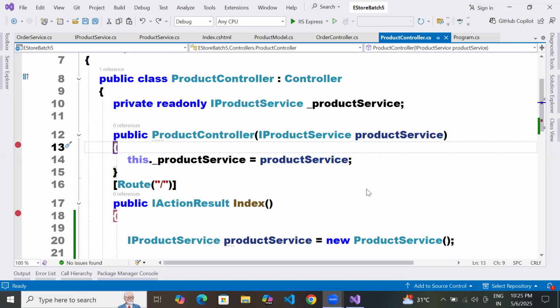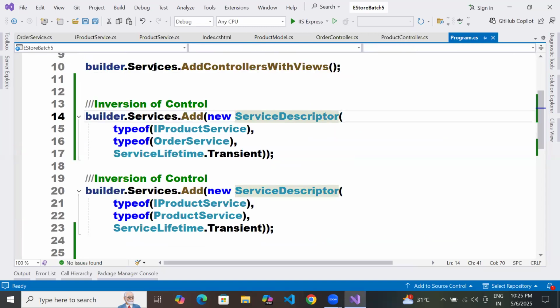Sir, I have one doubt. In the product controller, we are passing the IProductService as a parameter to the constructor, right? Suppose we can create the object of that controller. A controller is a class basically. Suppose we create the object for the product controller class, at that time we need to pass a parameter, IProductService.